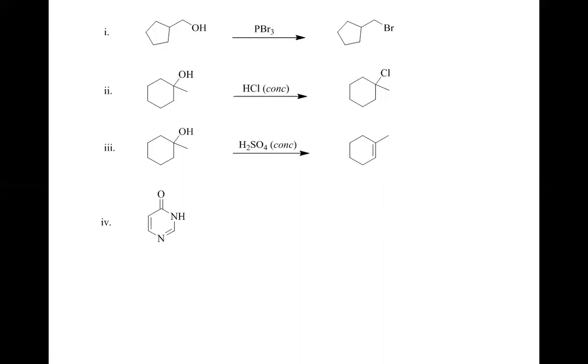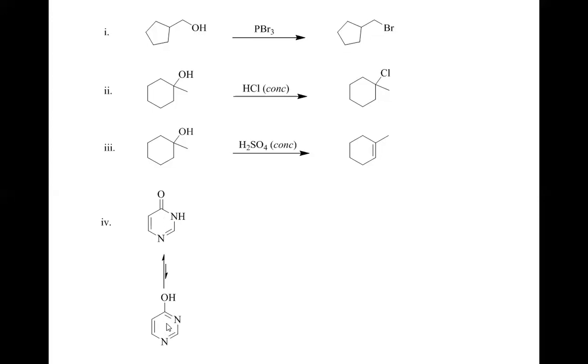This is the only part of this question which may be considered difficult, because we do not have the alcohol group, the hydroxy group here, and we are asked to solve this question. So let us recall that this molecule is in a tautomeric relationship with this molecule. Both are tautomers of each other. What did I do? I simply have this hydrogen shown attached to the oxygen, and as a result this pi bond is shown between the C and N rather than between the C and O. So these two molecules are tautomers, and obviously the first molecule is the more abundant one, but still we have some contribution of this tautomer.